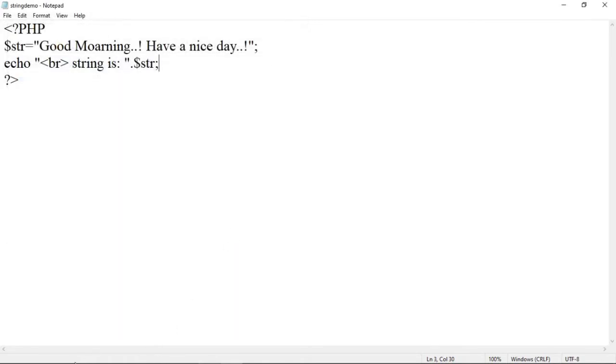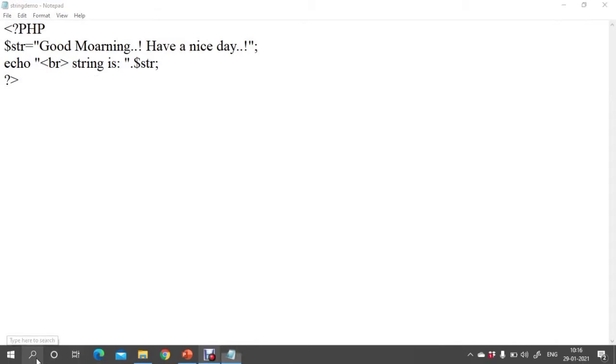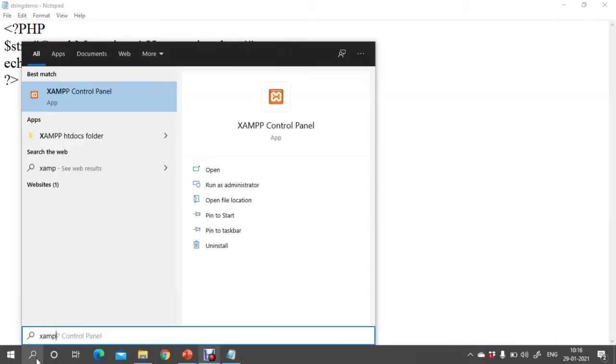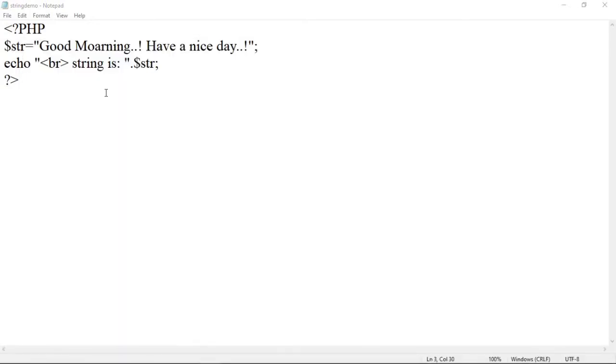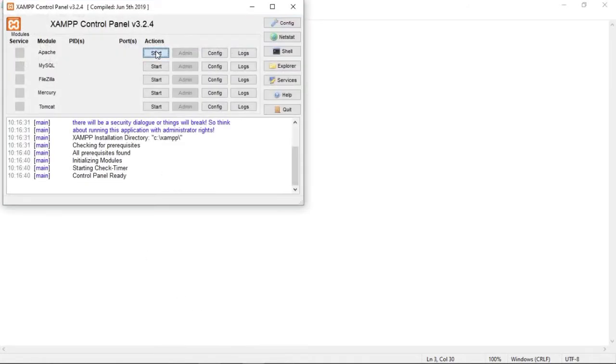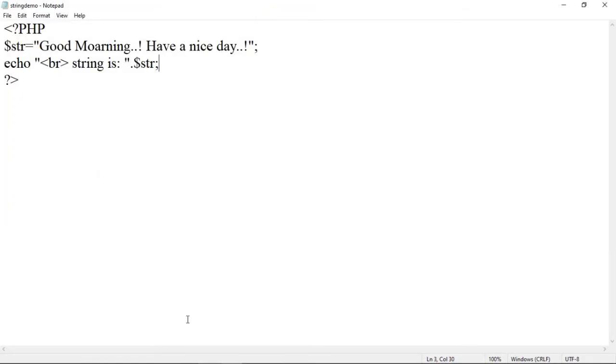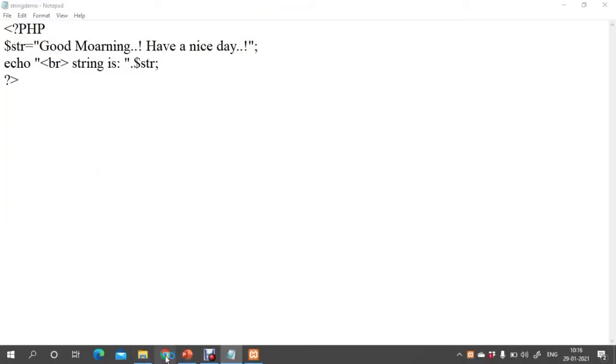Now to run this program, first of all we have to open the XAMPP control panel and start the Apache server. So start Apache server. Its status is running now. So now to run this program, open a browser.